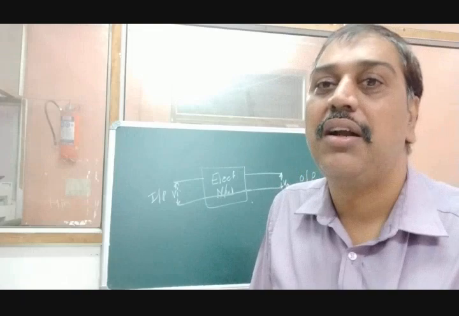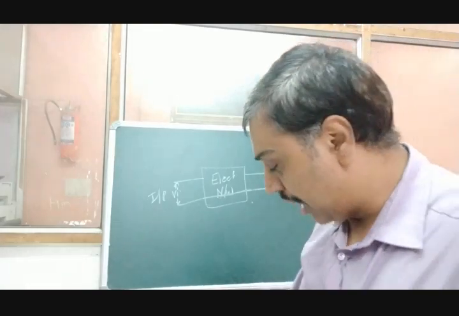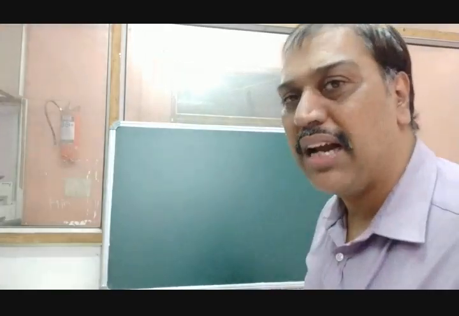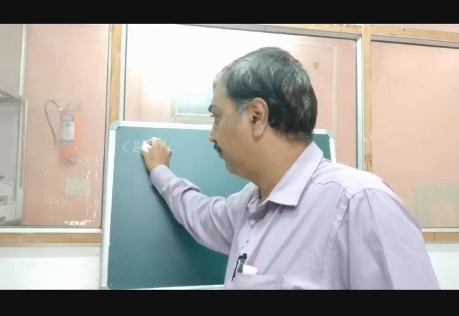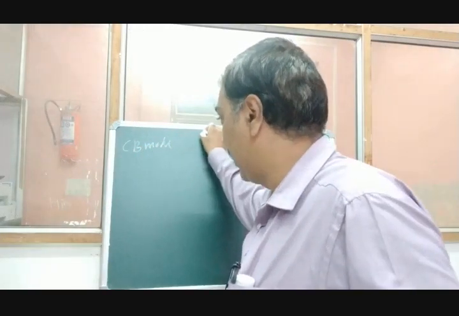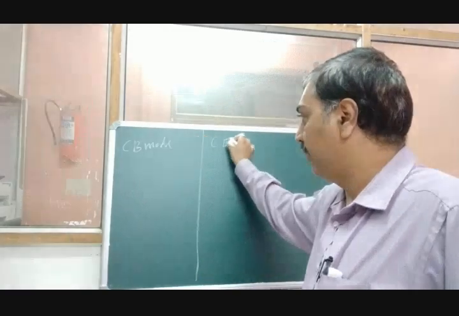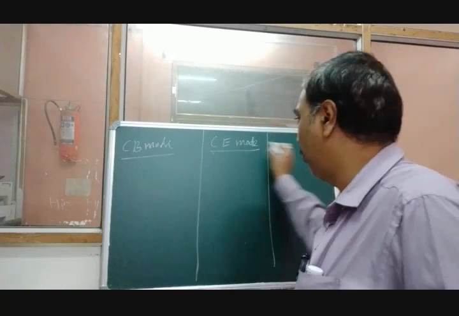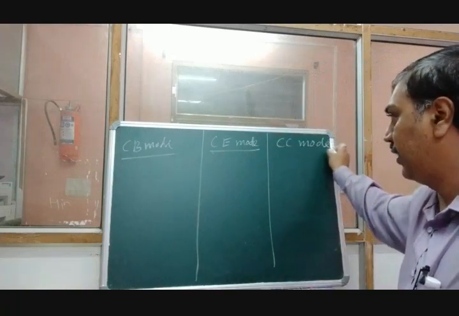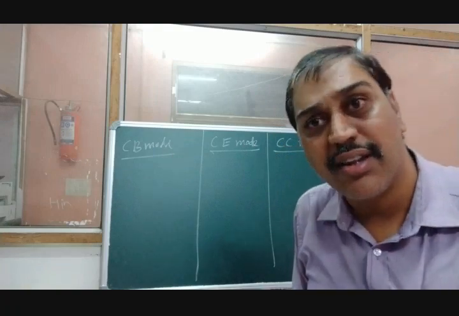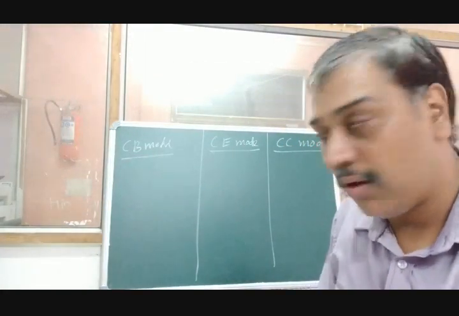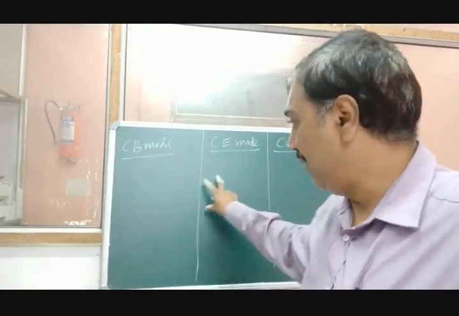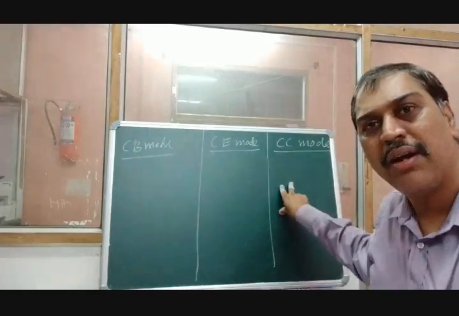And accordingly, transistor has 3 modes. The 3 modes are nothing but common base, common emitter, and common collector. CB mode, common base: base is common at input and output. Common emitter mode: emitter is common at input and output. And the last is common collector mode: collector is common at input and output. I hope you got this. So of the 3 terminals, the one where base is common at input and output is said to be common base. Emitter is common emitter. Collector is common collector.